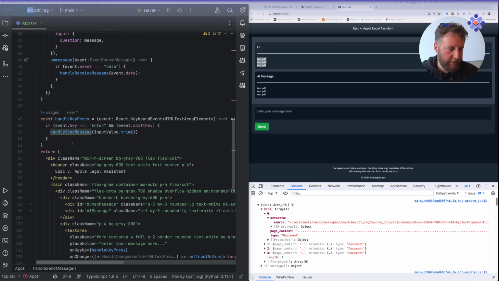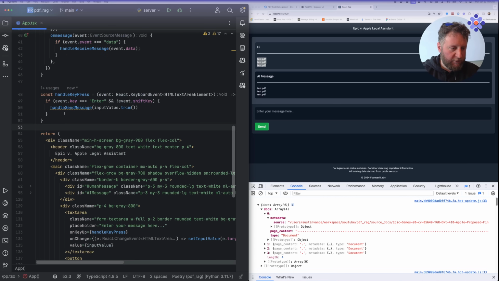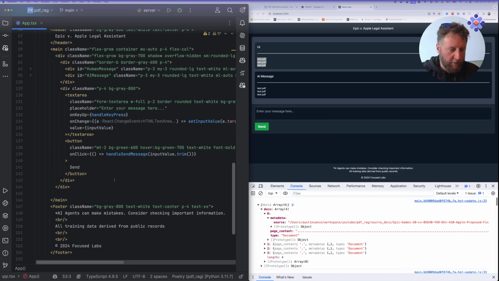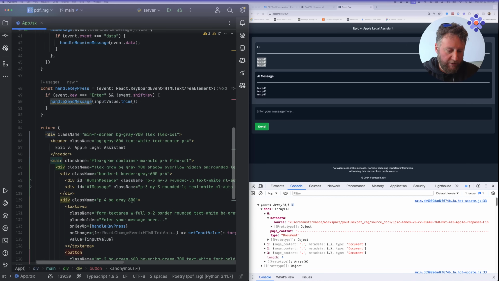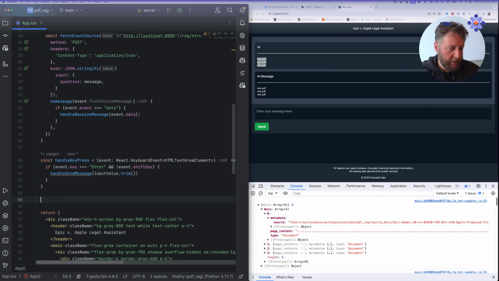And so like we have handle key press, which sends the message, and we have handle send message, and then we kind of just set our input value here. And so maybe what I want to do is say handle send message, maybe create one new,